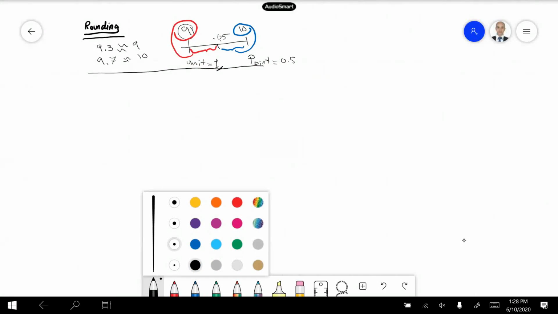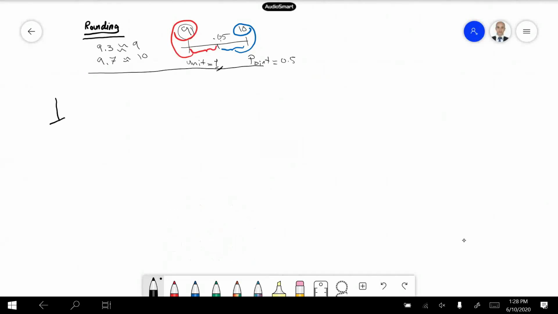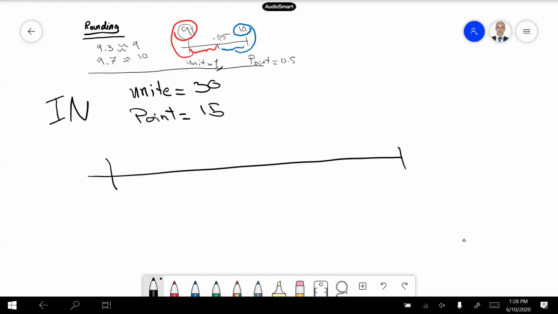We have set up in our N. We said that the unit is equal to 30 minutes and the point is equal to 15. If we translate this into our time, you should come in the morning, this is for N, and your N, assuming it is 8 a.m. So this is 8 a.m. With the unit 30, we need to add 30 minutes to the 8. So it is going to be